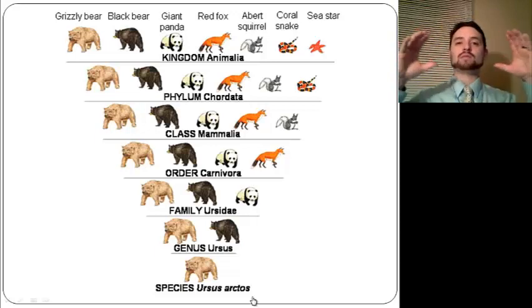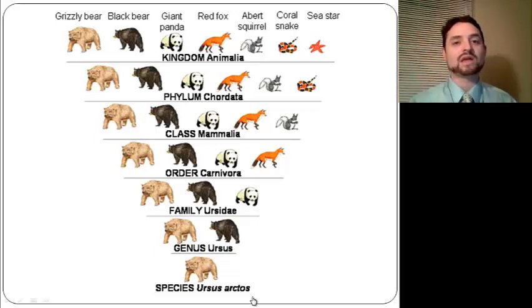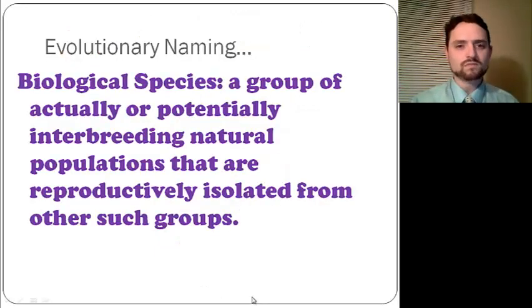Up here at the top, Kingdom Animalia, big version, a big name that a lot of organisms that may not necessarily look that much alike are in, and down at the bottom, very specific with only one organism left that fits those characteristics. And those characteristics could be very general and interesting at times. Sometimes they're not even that noticeable. You have to really dig deep sometimes to see the similarities and differences in these organisms.